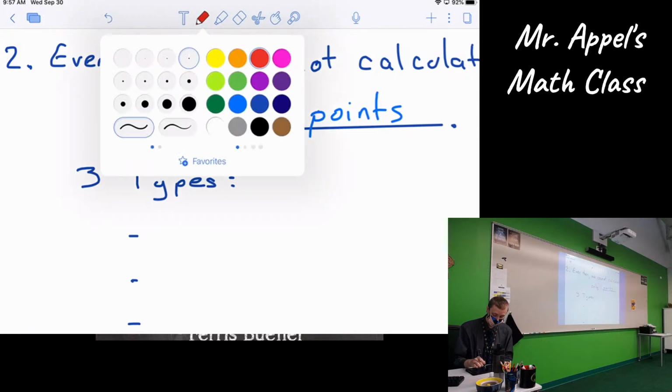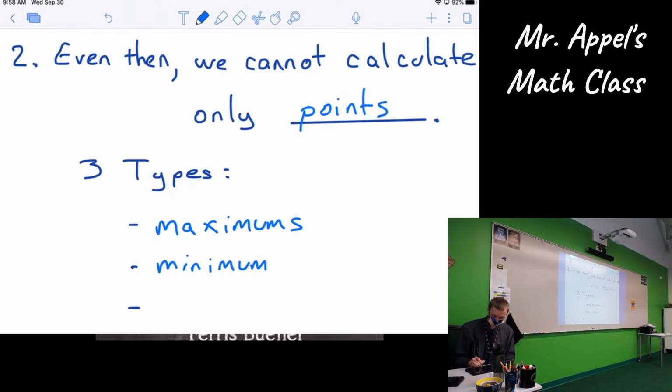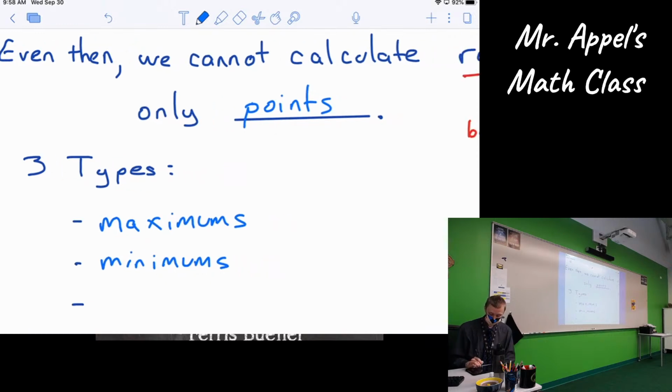We've seen 2 of these before. We've already started talking about them. Maximums and minimums. Right? Those are easy, sometimes called extrema, the extreme points, relatively speaking. Right? And then the third one that we haven't seen before,